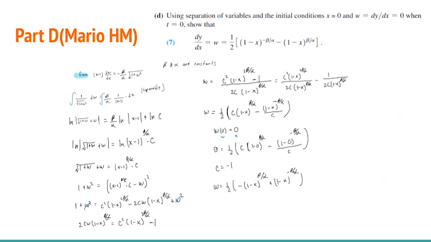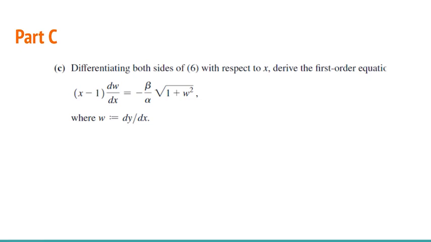It asks me, using separation of variables and the initial conditions x equals 0 and w equals dy over dx equals 0 when t equals 0, to show that with those initial conditions, we end up with this equation here. So from a previous part, which would be part C, we end up with this given equation,